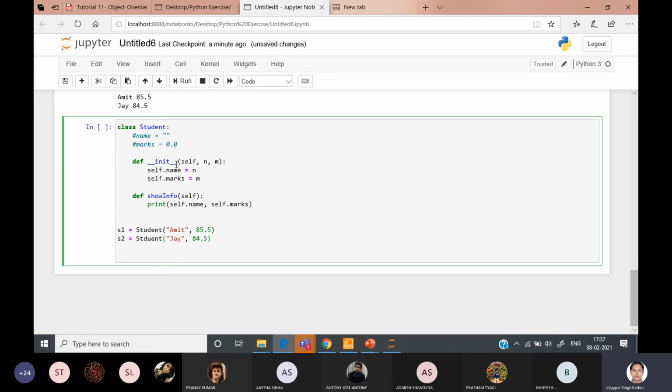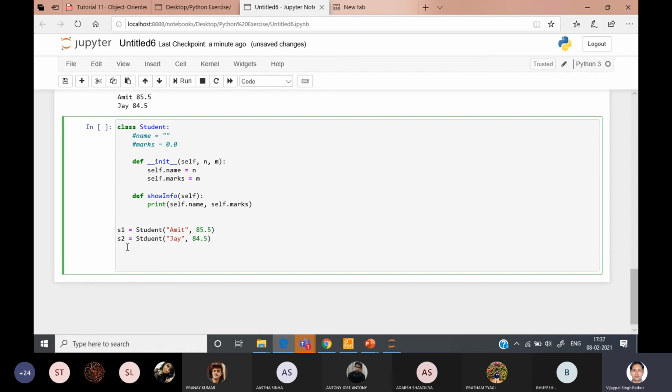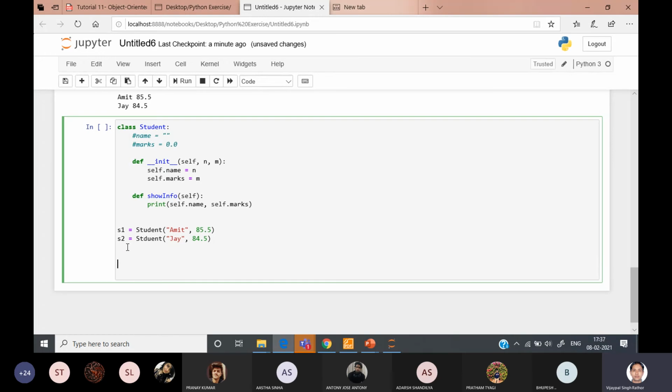Okay, so here the student function we have not defined, but this init function we have defined with two arguments. So when we are calling this student, at this line this init function will be executed automatically. So whatever the value we are passing, that will be passed into the class variables, and then when we are going to print s1, you will get the value assigned with s1.